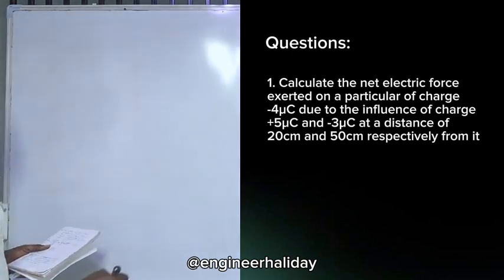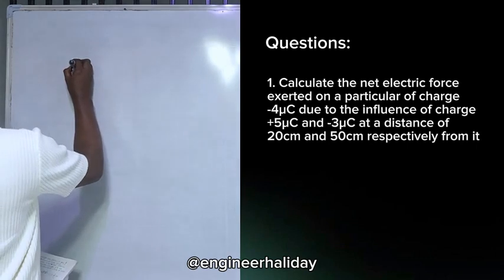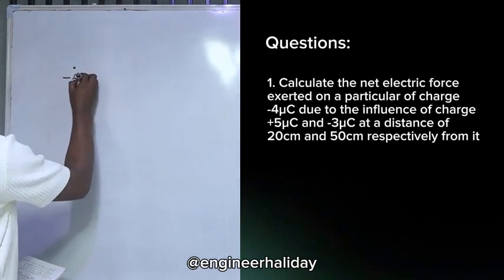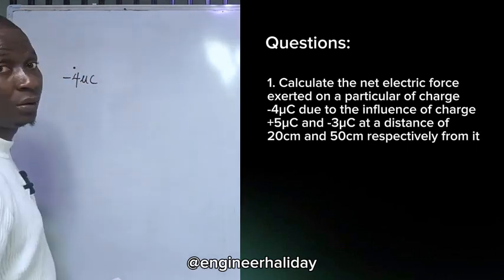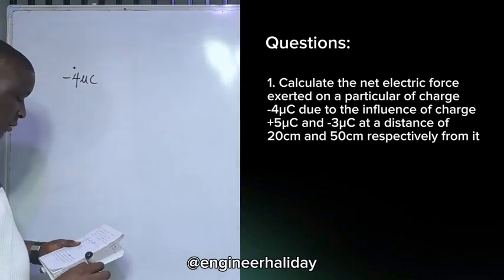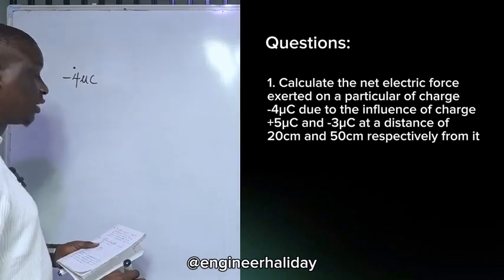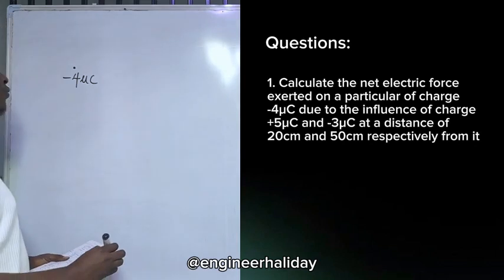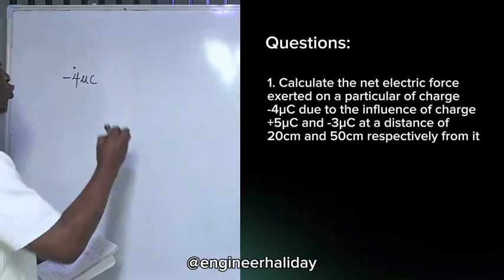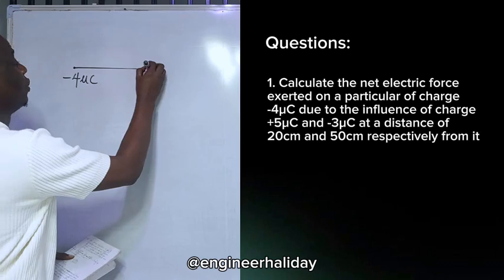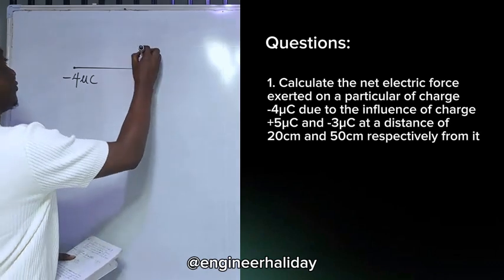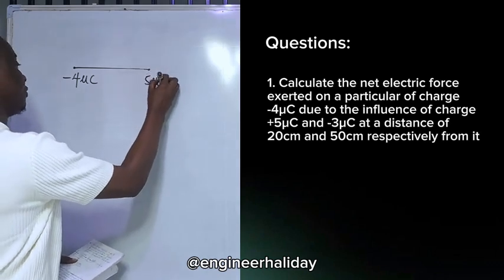Now what the question is saying is that we have minus 4 microcoulomb. Then they said calculate the net electric force exerted on the charge minus 4 microcoulombs due to the influence of 5 microcoulombs plus